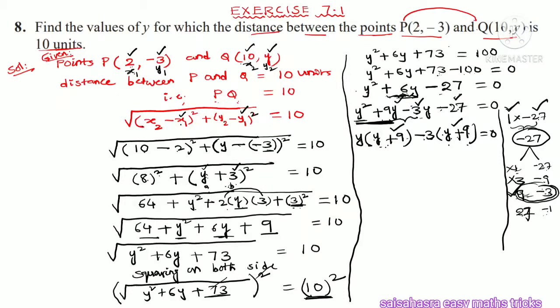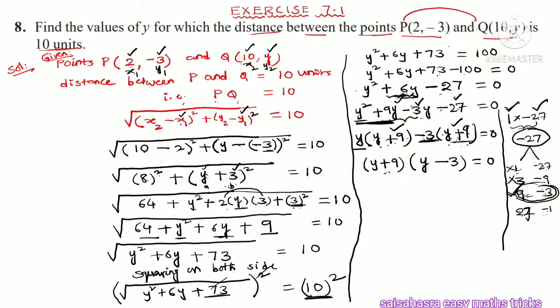Next, in these two terms, a minus symbol is before one term and a minus symbol is after another term. In both the terms, y plus 9 is common. So you take y plus 9 common. What is left after taking common? In one bracket, y is left, and in the other, y plus 9 is taken common. What is left is minus 3. So you write that minus 3, equal to 0.